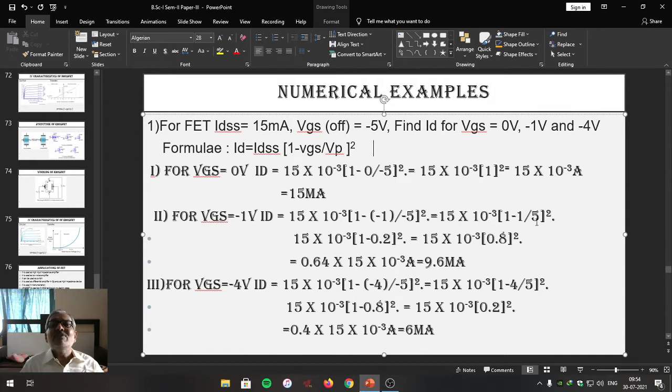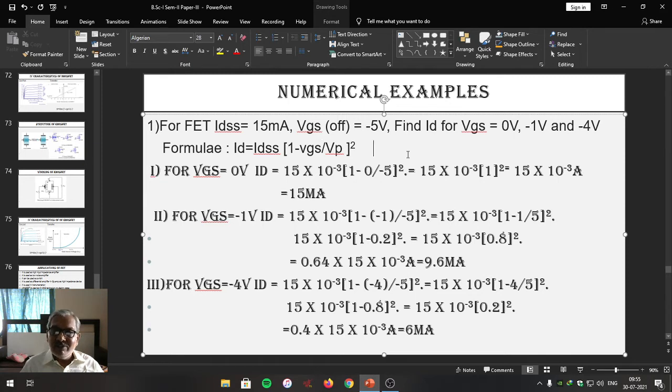What is the effect we observe? For fixed value of IDSS and pinch-off voltage, if you go on changing the VGS from positive to negative, drain current goes on decreasing. This is because gate to source voltage is reverse biased, and when VGS increases negatively, channel width decreases, and that's why the drain current decreases. This is the effect one can observe,